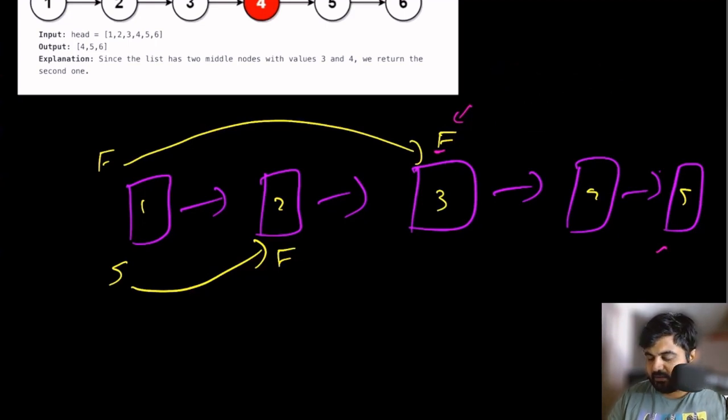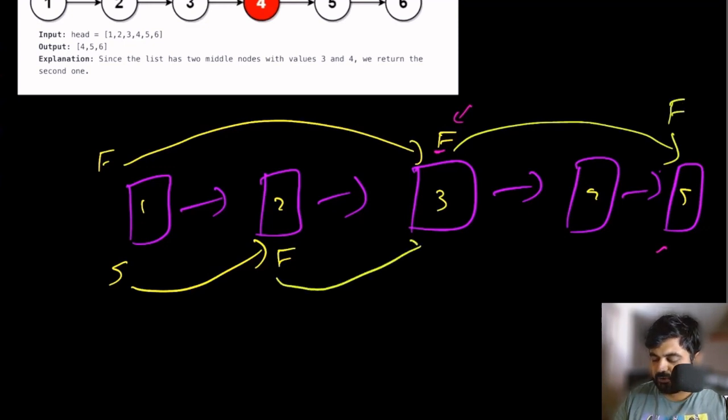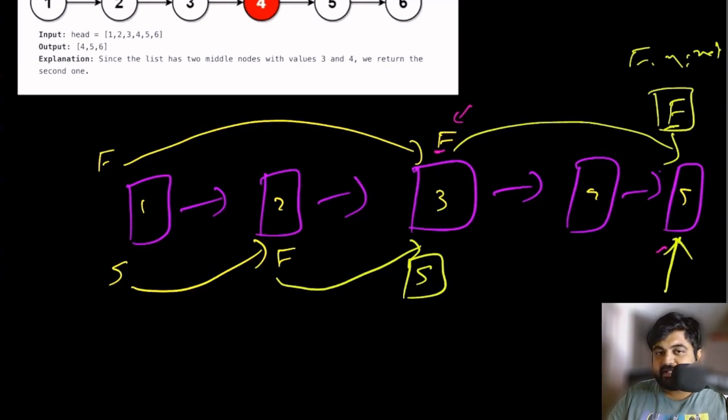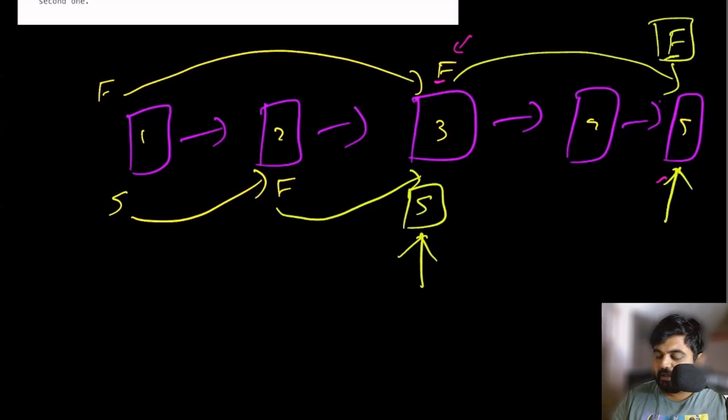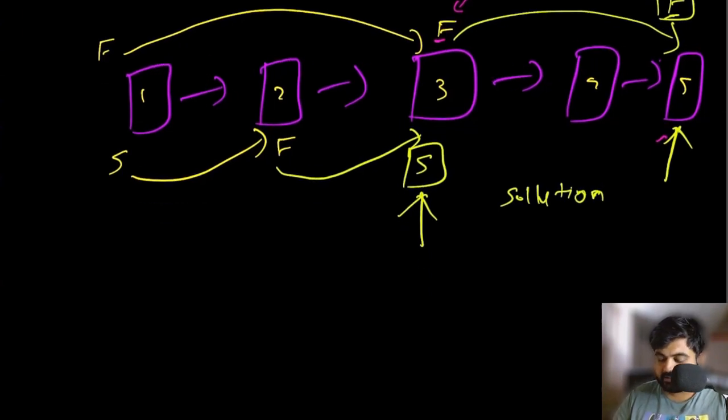Now during the second iteration, the fast pointer is going to end up over here, and the slow pointer is again going to end up over here. If we do fast.next, we would find a null value, which means this is the end of the linked list. The moment we identify that the fast pointer is at the end of the linked list, whatever the position of the slow pointer is, this is going to be the middle pointer of our linked list, and this is the whole solution. And you see how efficiently and how beautifully we were able to come up with the solution because we used fast and slow pointers.